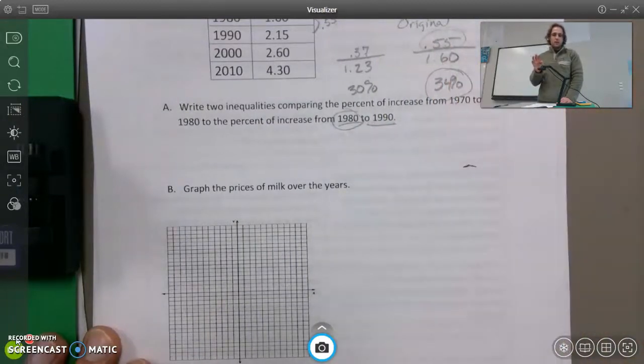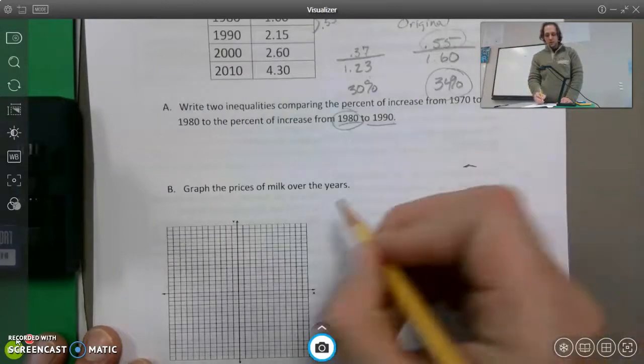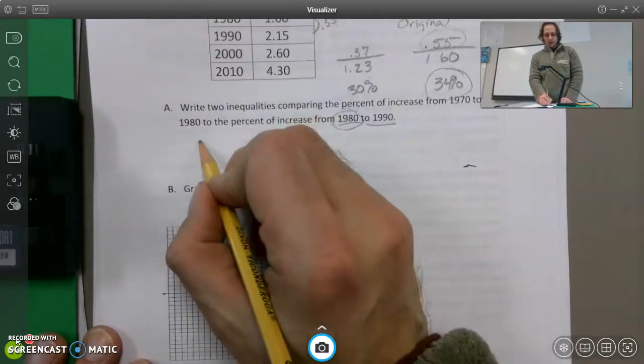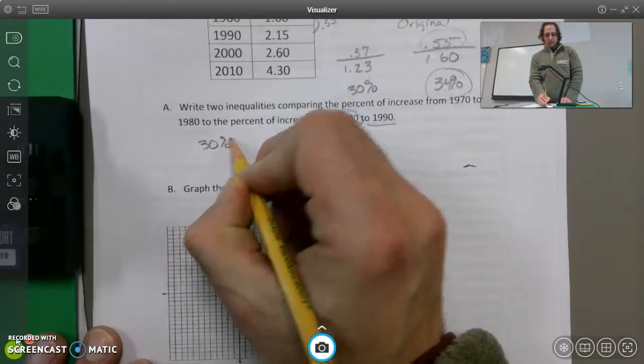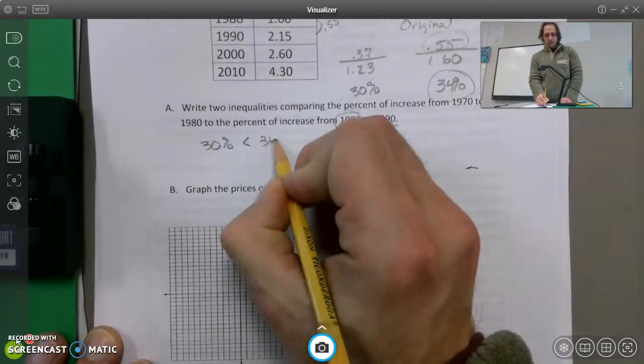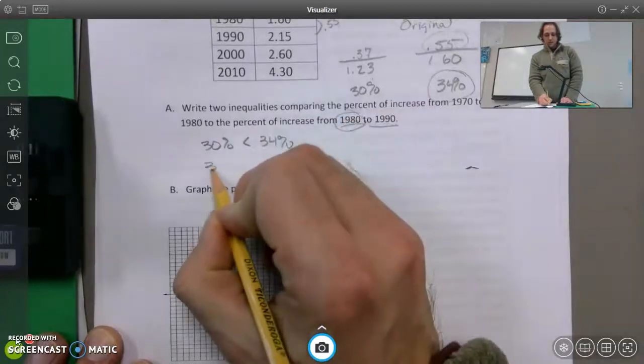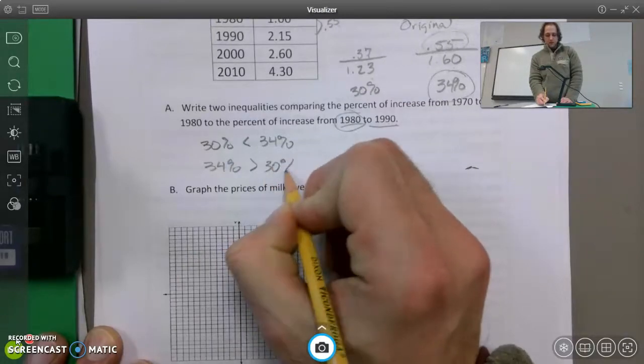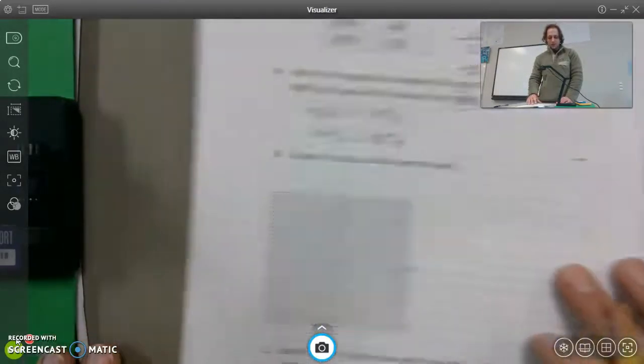So it's important to realize that this question is asking you to compare percent of change, not amount of change. Hopefully that is clear. So for the 2 inequalities, we could say that 30% is less than 34%, and 34% is greater than 30%. We're not going to graph these, but